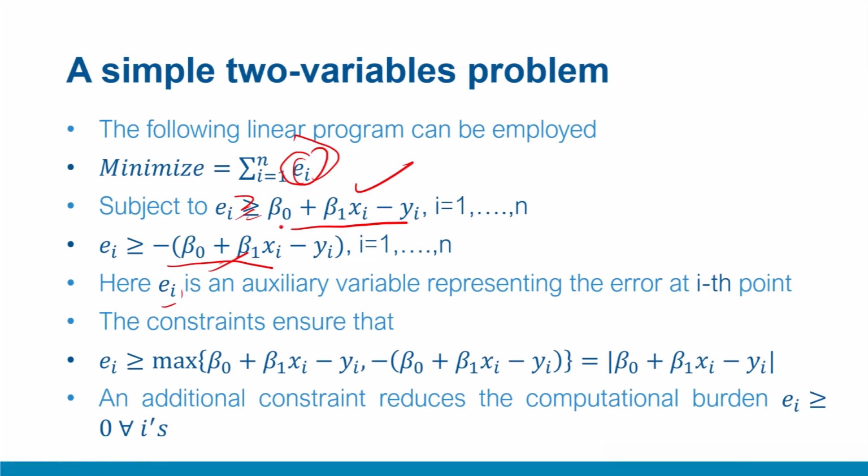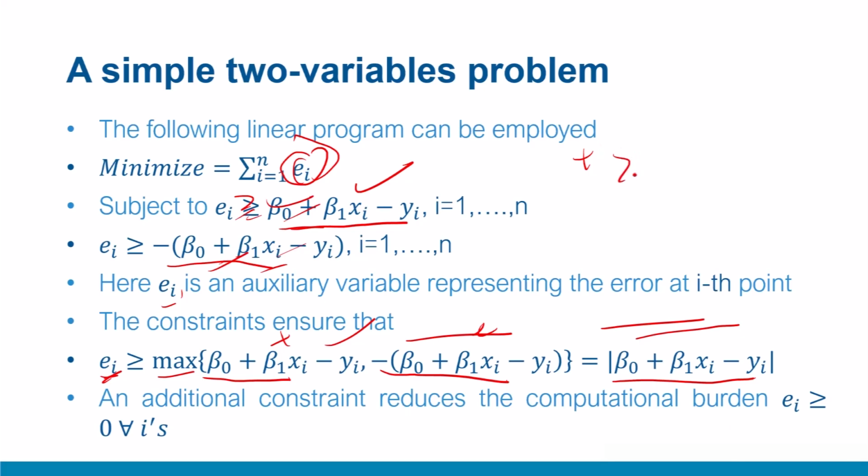And these two conditions effectively transform this error, which is greater than both positive and negative sign converted to positive with this, which effectively means we are putting our ei such that it is greater than the magnitude of the error. So these two expressions will ensure that it is greater than the max of both, which means the magnitude. When it is positive, it is greater than, and when it is negative, then the magnitude with a minus sign.